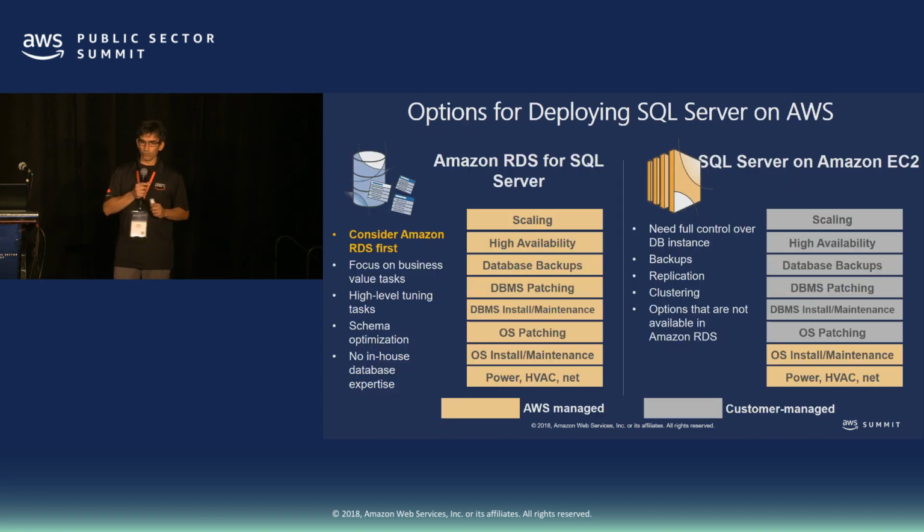So now let's move to SQL Server. AWS offers you two flavors of SQL Server. One is RDS, our SQL as a service platform. As you can see with the color coding, AWS manages everything on RDS. It manages the scaling, the high availability, the backups, and patching. So AWS takes care of everything for you in regards to infrastructure.